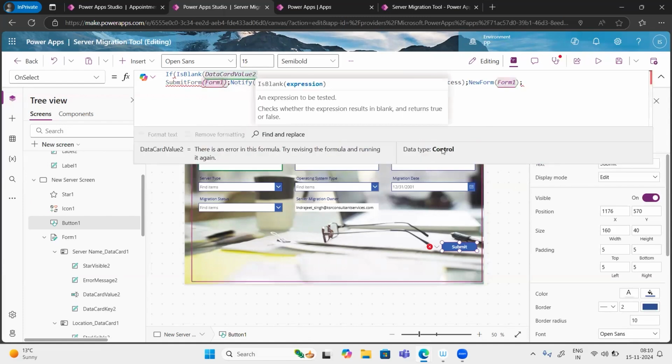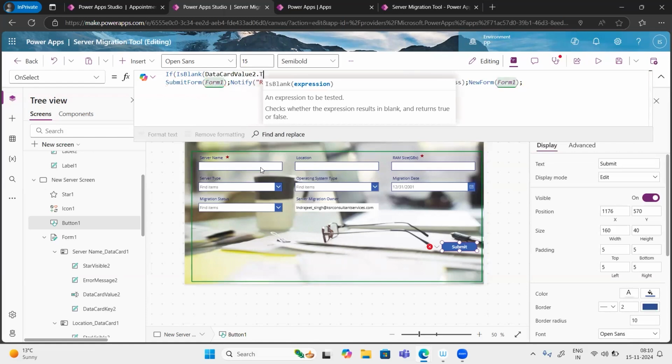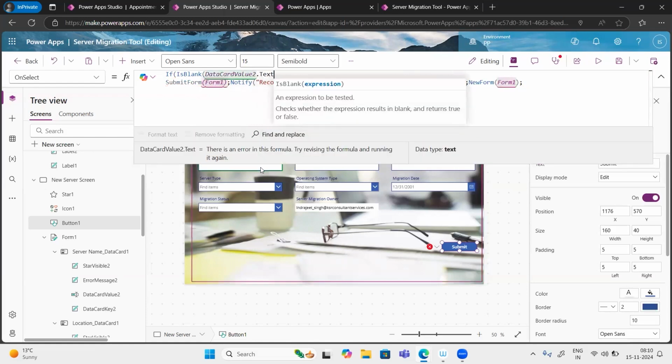This will give you the control. Here you can see the data type is control. Now you are able to reach here. Here you can see this is updated with the green color, right? Now you have to read the data from there. So you can click on dot and then simply write text. That will read the text value from there. If it is blank